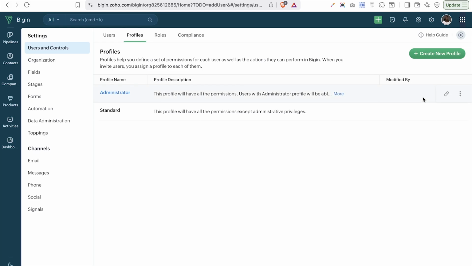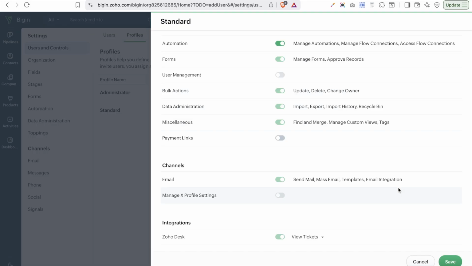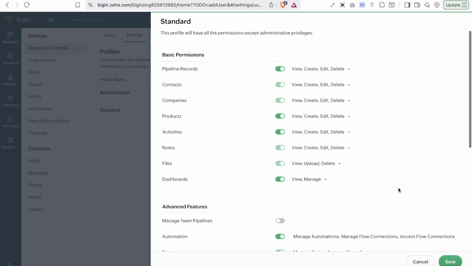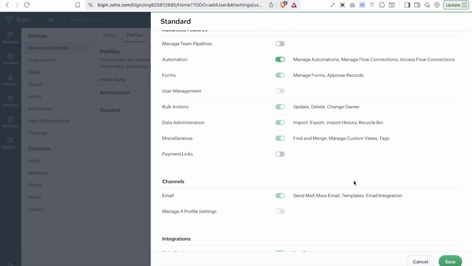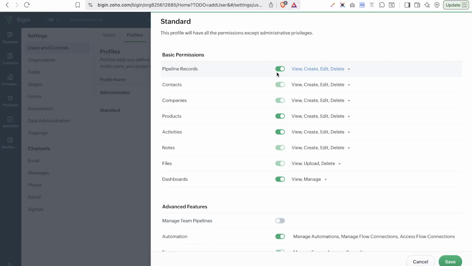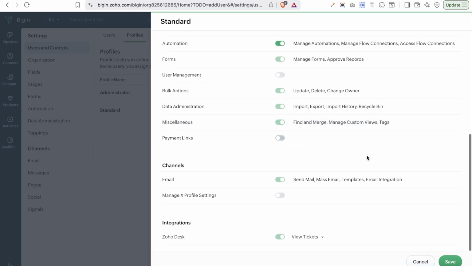We also have the standard profile, which is a profile different from the admin. And as you can see, we have what they can do and what they cannot do. As you can see, standard cannot manage same pipeline, and you can also decide to remove whatever other things you do not want them to be able to edit. So you can say for the standard profile, you do not want them to be able to edit the pipeline records or do anything to the pipeline record. Or you can say for the pipeline record, they can only create and view, but they cannot edit and they cannot delete. So you can do all of this for all of this permission, and when you are done, you